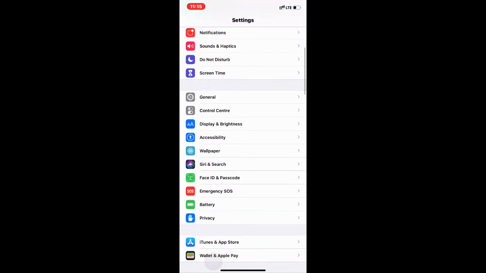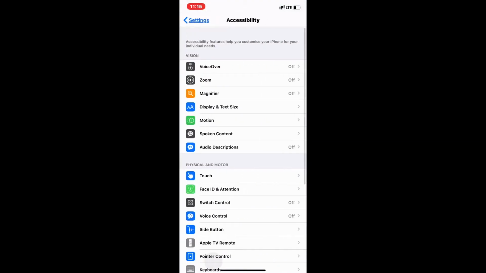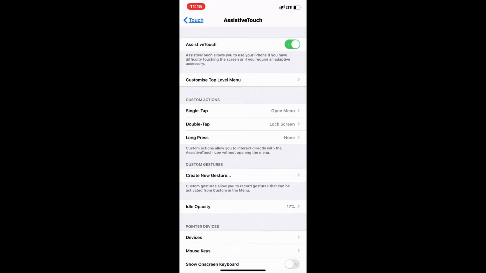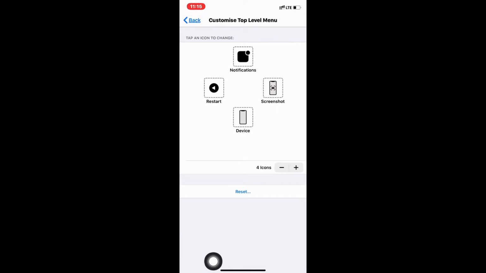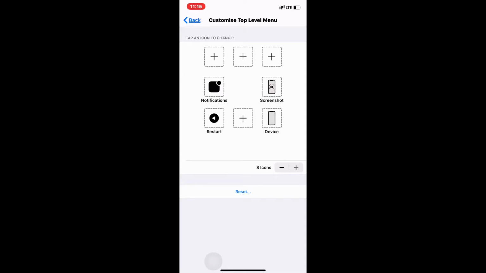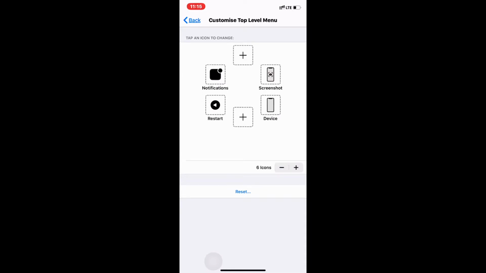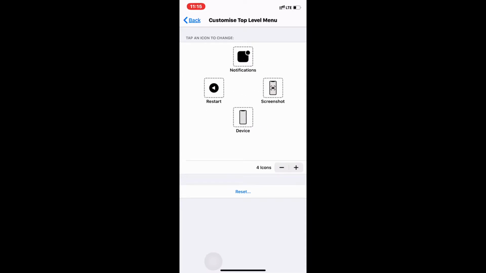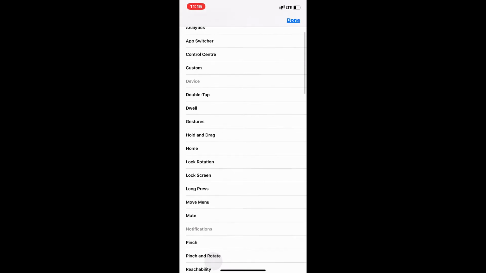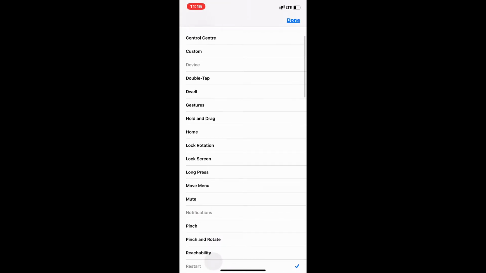The next feature is the Assistive Touch. It's a moving ball that comes in handy to do many short actions around your screen. It also can be customized to perform many other shortcuts and tasks. For this, you go to Settings, Accessibility, Touch, Assistive Touch, turn on or off, and then customize the top level menu. In the customization menu, you can select up to 8 options to assign various tasks for that shortcut. As you can see here, you can choose any of these options to do your task.